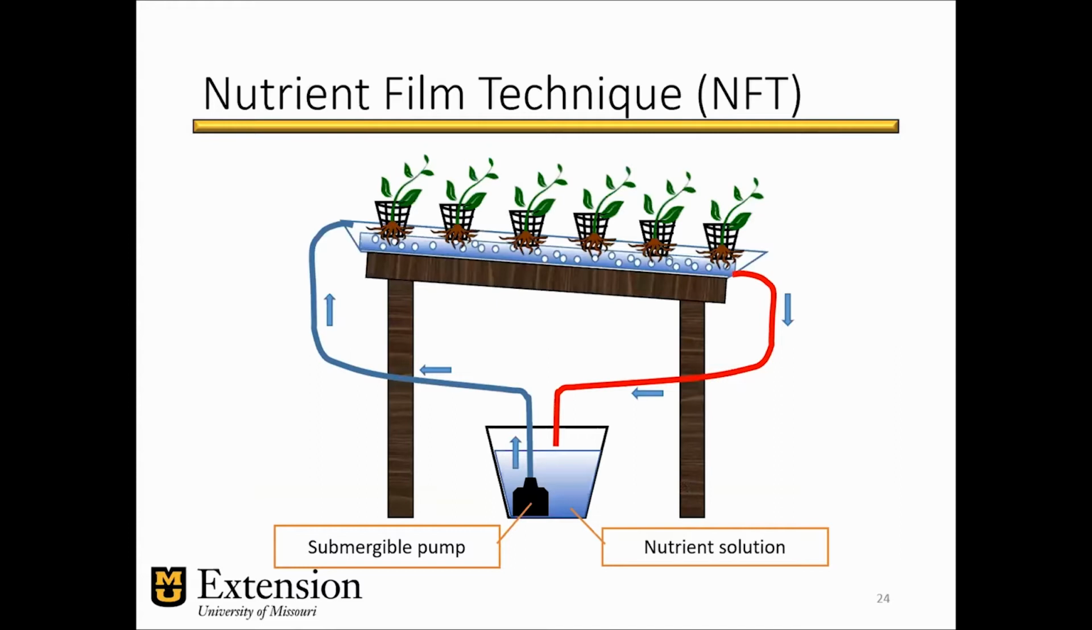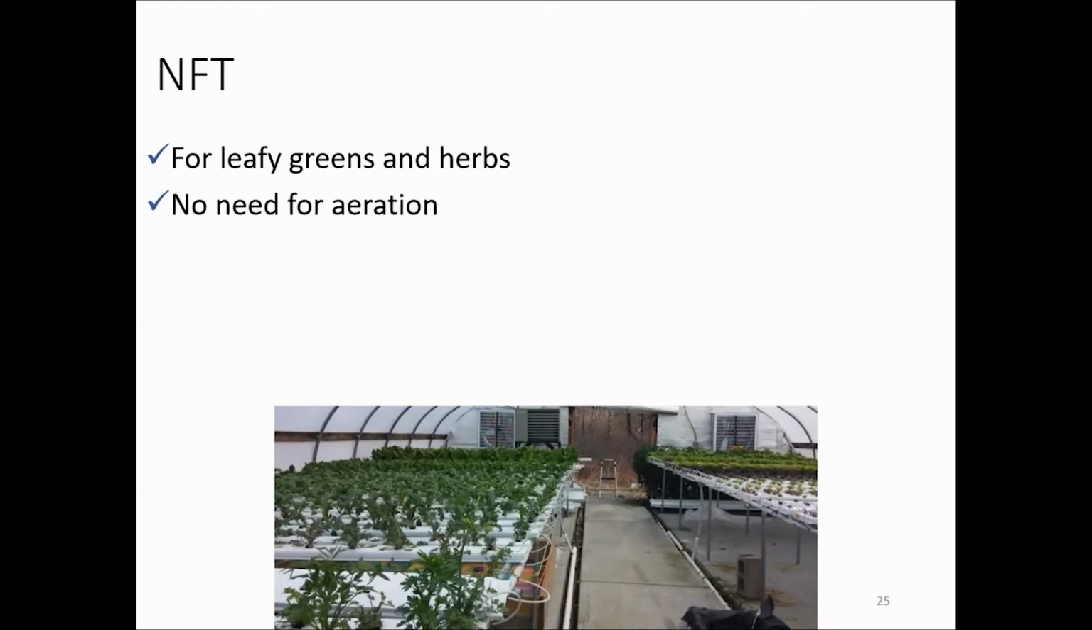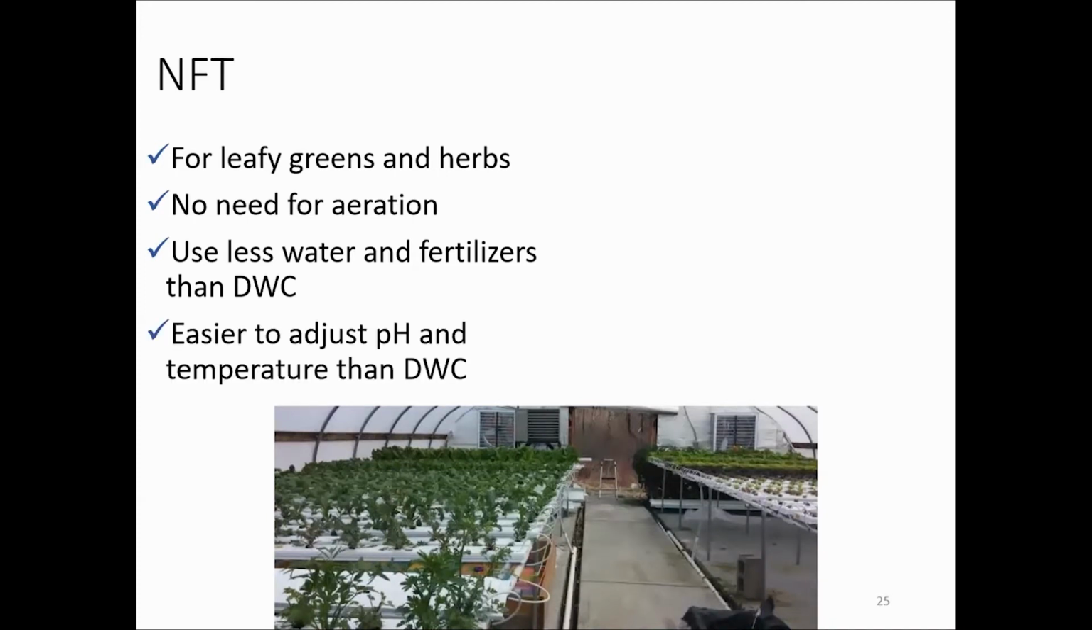We have the NFT systems, which are channels or trays that hold the plants and they're slanted at a degree that the slope is anywhere between 1% and 2%. Notice that we don't have any air pump because the film of water that's traveling through there is so thin that the plants are always exposed to air. These systems are ideal for leafy greens and herbs. There's no need for an aeration system. They use even less water and fertilizers than deep water culture. And they're easier to adjust the pH and manage the nutrient solution because the water volume is smaller compared to